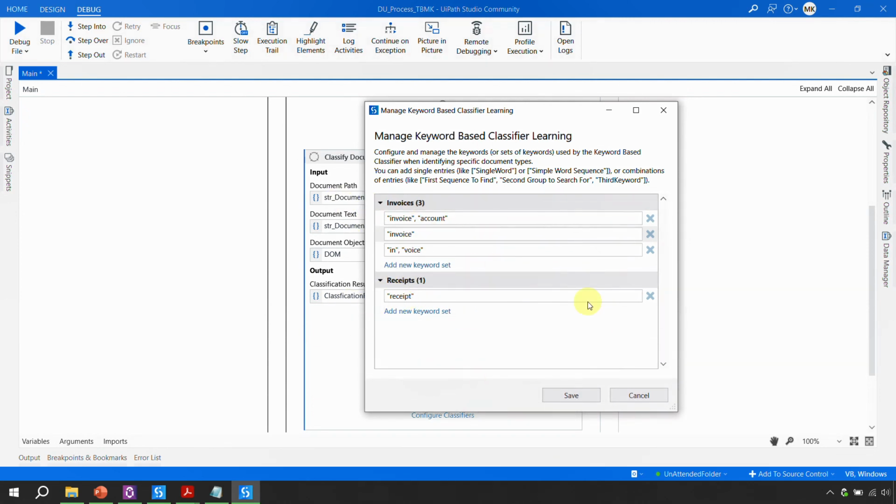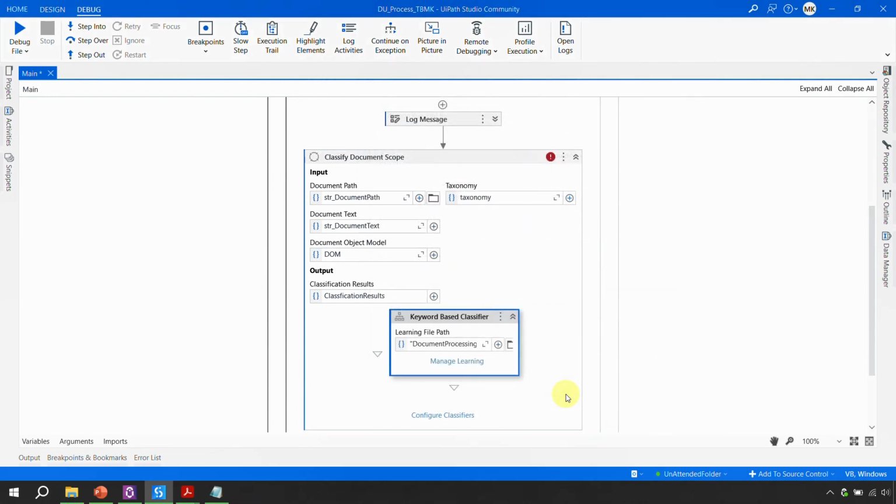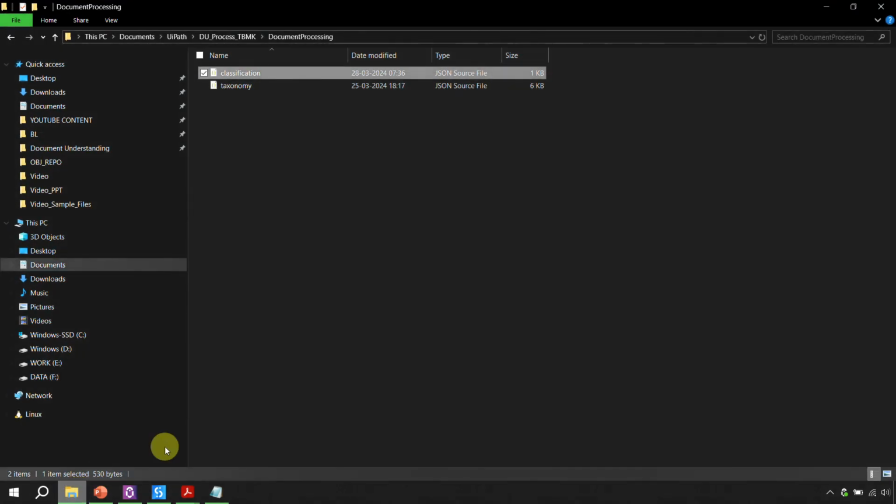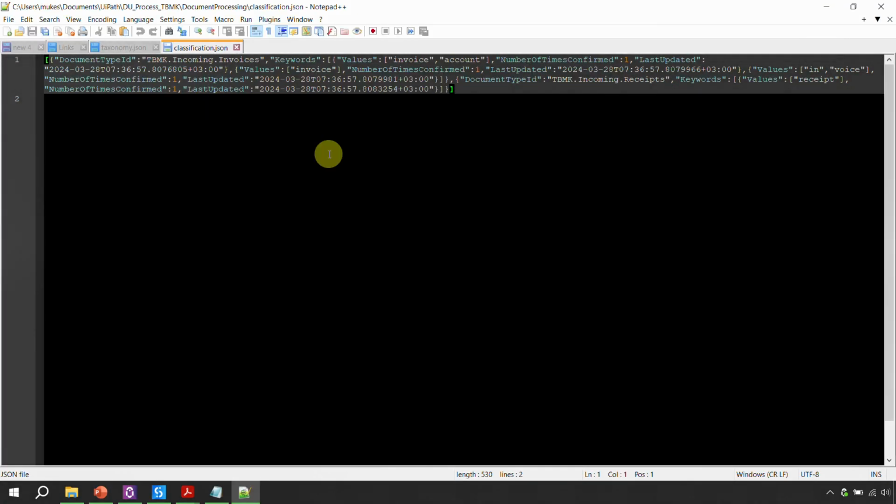I want you to follow along with me the same way I have done. Put all these keywords, whatever you feel is relevant to identify, and since we are putting the keyword, that's why it is called keyword based classifier. I just go here and click on this button, which is save. As soon as you click on save, just go back to the classification, right click on it and open it. You would see here